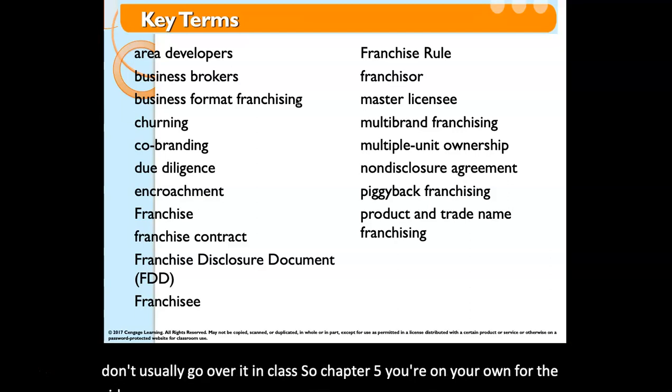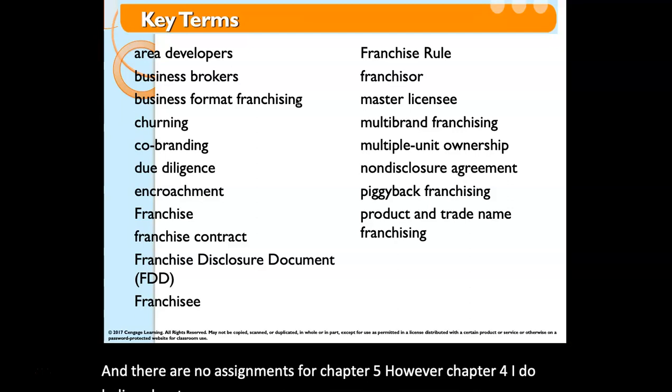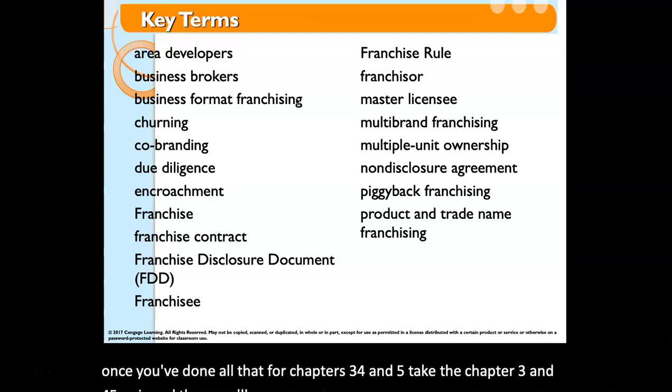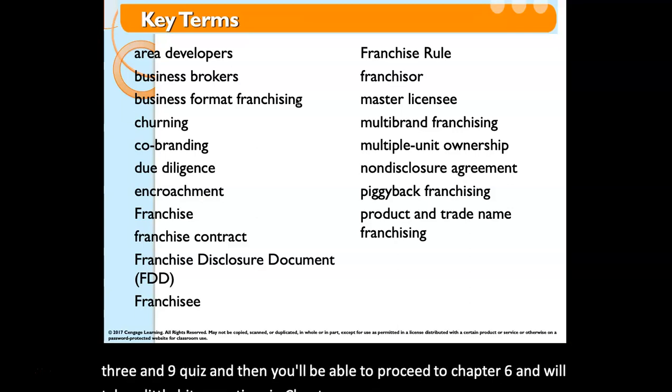And then after you do that, you've got the Chapters 3, 4, and 5 quiz to take after you've completed all the assignments. And there are no assignments for Chapter 5. However, Chapter 4, I do believe, has 2 assignments. So please complete the assignments, and then once you've done all that for Chapters 3, 4, and 5, take the Chapter 3, 4, 5 quiz, and then you'll be able to proceed to Chapter 6. And we'll take a little bit more time in Chapter 6. It'll take us a couple weeks to go over that